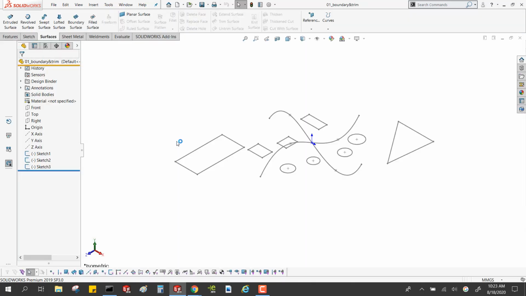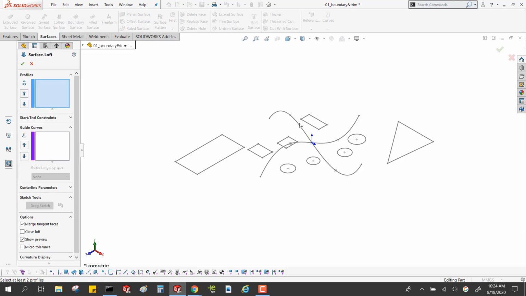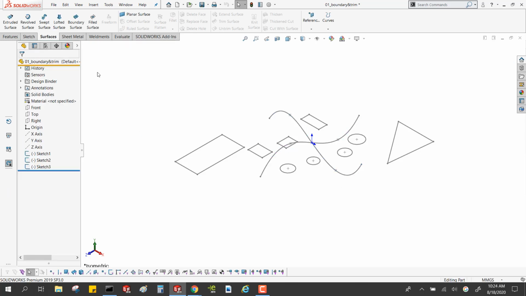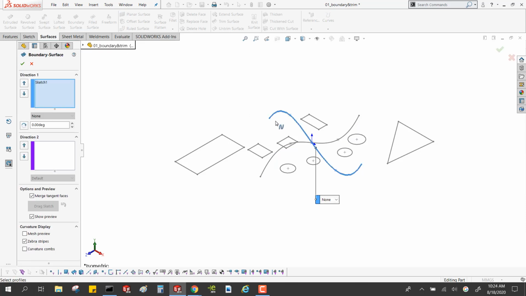I showed you a loft surface, which you've seen before, I'm sure, with a lofted solid. There's another one called a boundary that was another recent addition to SolidWorks, along with the Bezier curve, that really opened up possibilities for us. The difference, it's really a loft, but it's sort of a super loft. It can do a couple of things that a loft can't do. So if I said I wanted to loft that shape along that shape, it has no idea what I want. It doesn't give me a preview, it's going to fail. But if I do the same thing with a boundary surface,